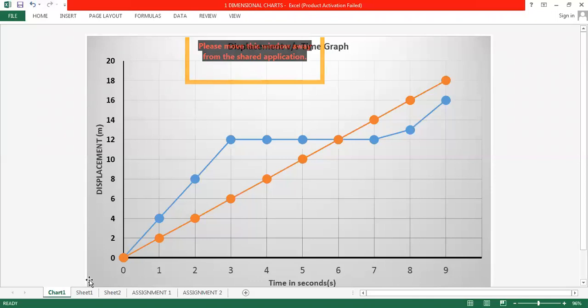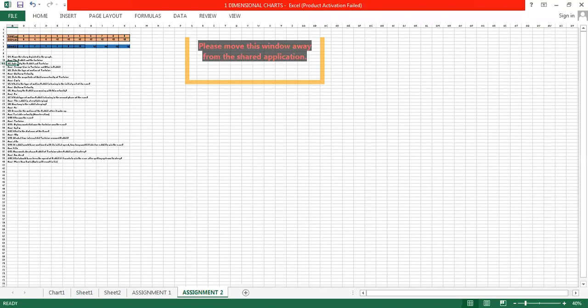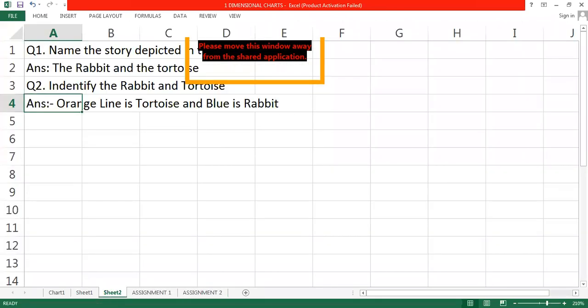Yes, very good class. Which one character? So you will find that the blue is the rabbit and the orange is the tortoise. Very good. So blue is the rabbit and orange is the tortoise. Okay. So the orange line is the tortoise and blue is the rabbit. Okay. Now,